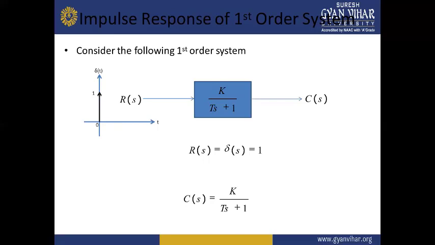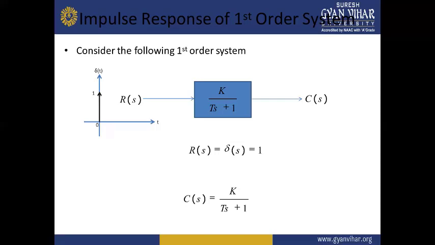So what is an impulse input? First of all, let's discuss this. An impulse input is the one in which the signal exists only at a particular instant, at the zeroth instant. That means at t equal to 0, you will be getting an arbitrary value, and at any other instant of time, at any other location, you will be getting zero value. So this is your impulse input.